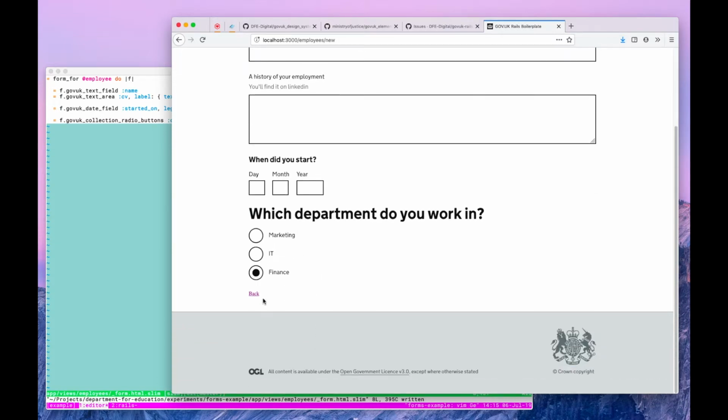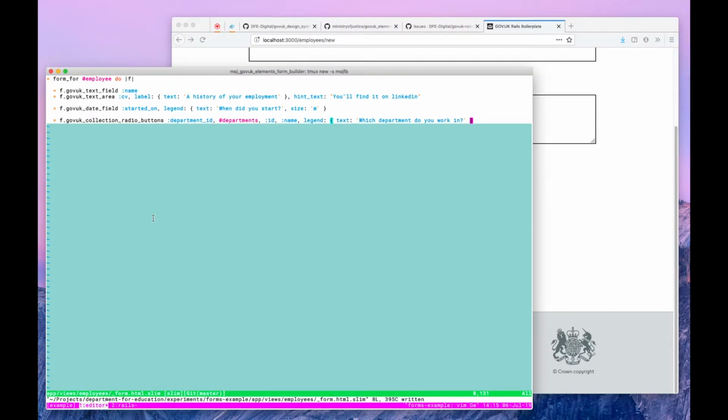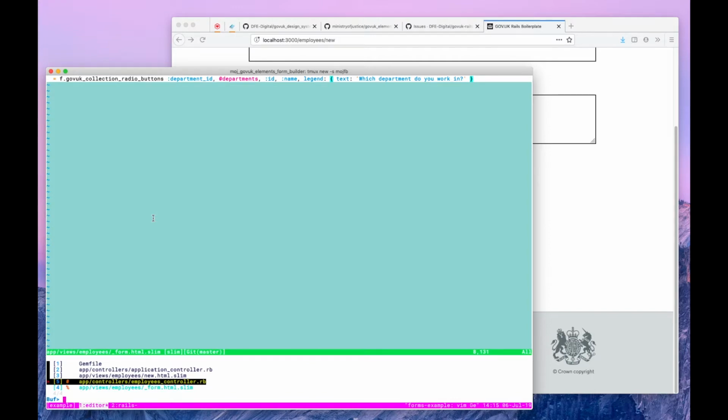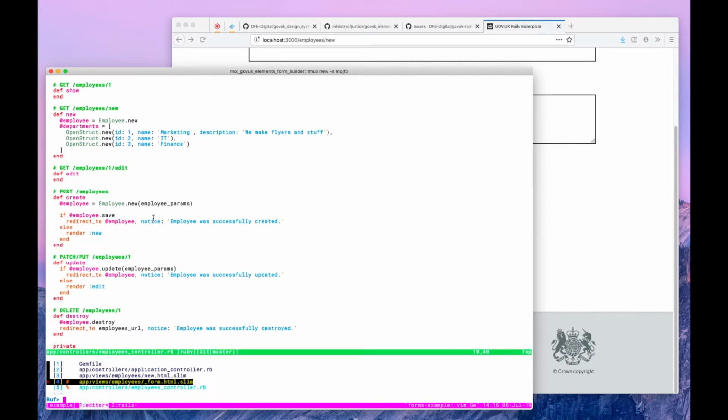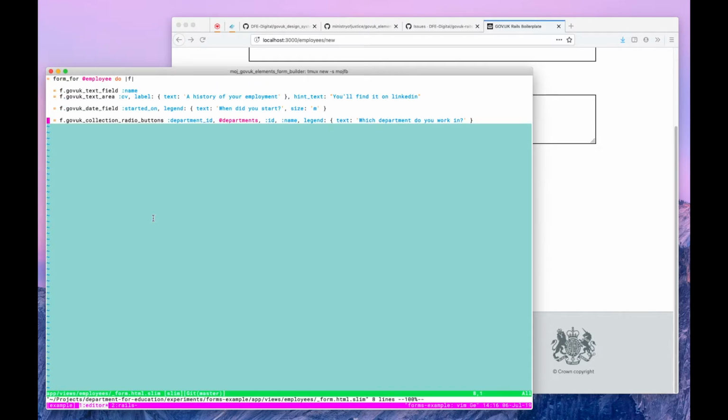came to things like lists of radio buttons, getting the hints in the right place was a bit of a pain. So thankfully that's quite a lot easier here. If I jump to the controller and let's add a description for the marketing department. Now if I come back to the form,